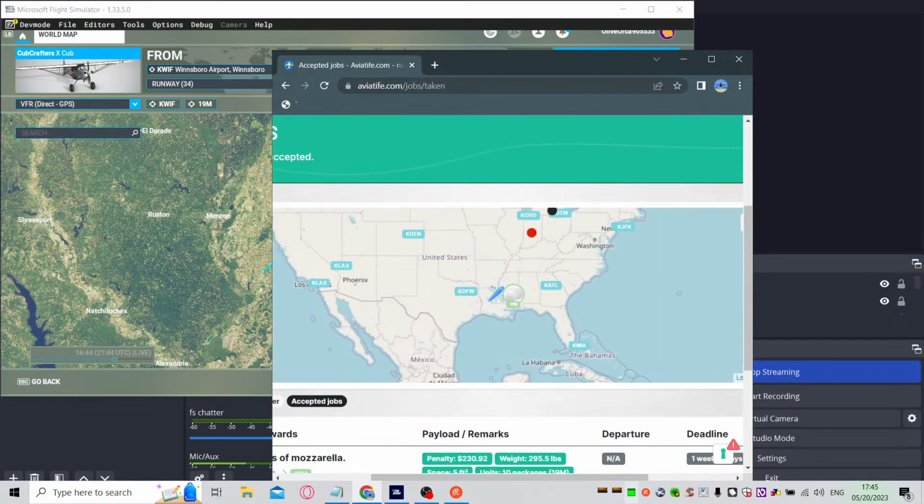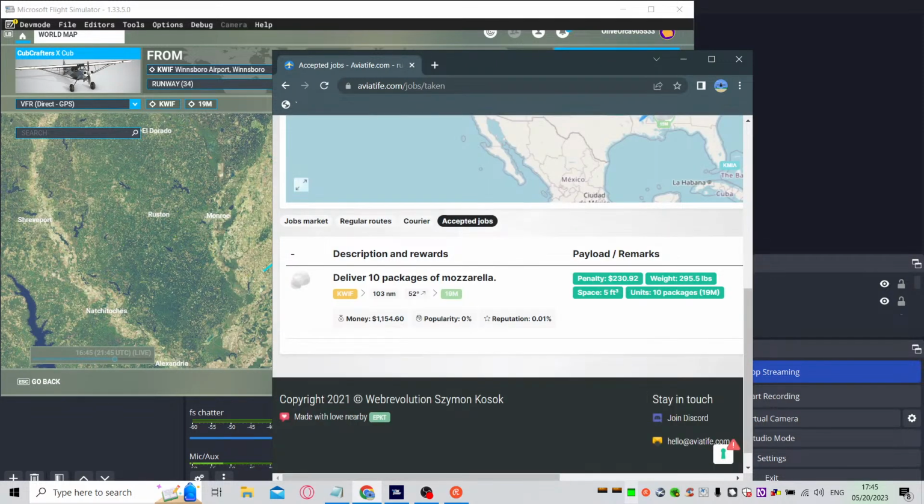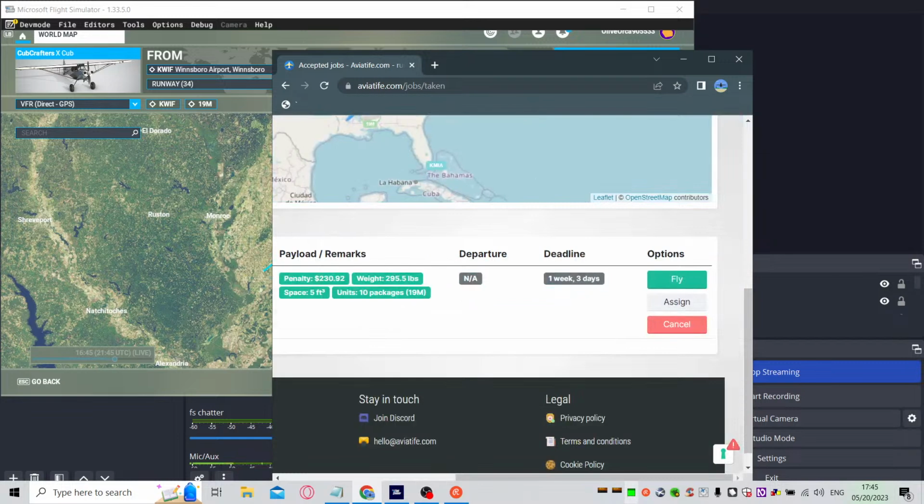The accepted table: column 3 payloads, column 4 departure, column 5 deadline, column 6 options. Deliver 10 packages of mozzarella. 103 NM, 52 degrees. Money $1,154.60. Popularity 0%. Reputation 0.01. Departure N/A. Deadline 1B. Column 6, fly. And then there's fly, but before I fly, I gotta load FSUIPC,